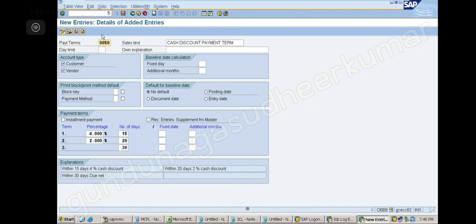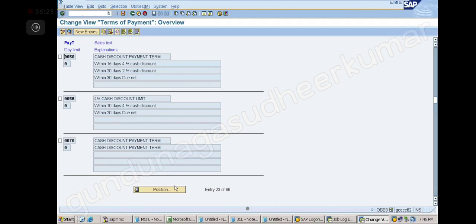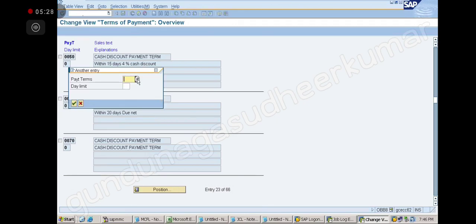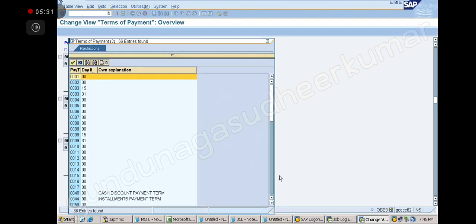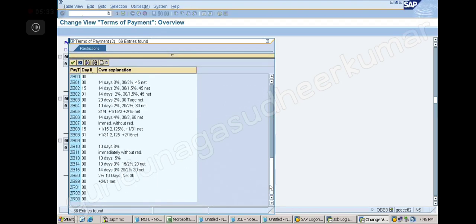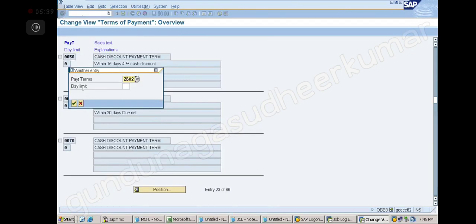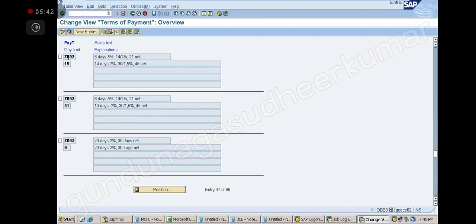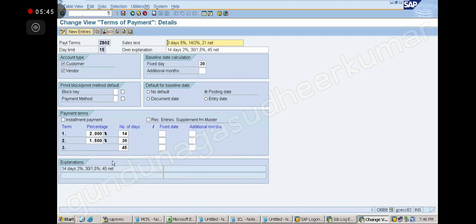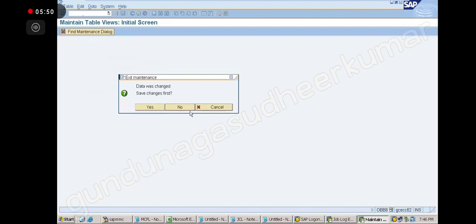So if you want to understand any payment term, suppose you have a number here and you don't know what it is, where you have to see? Always look at the bottom. This is a very useful thing. Suppose I check some other number. Let me enter, let me open this. You see, this is very short, limited. I'm looking for more explanations.